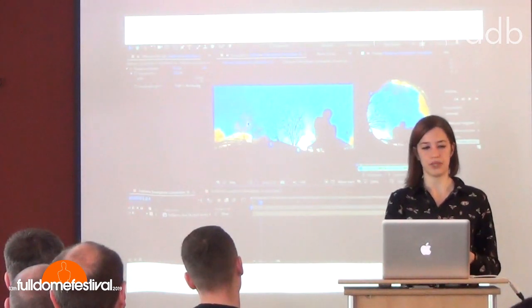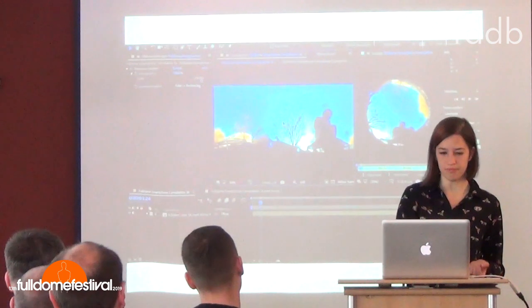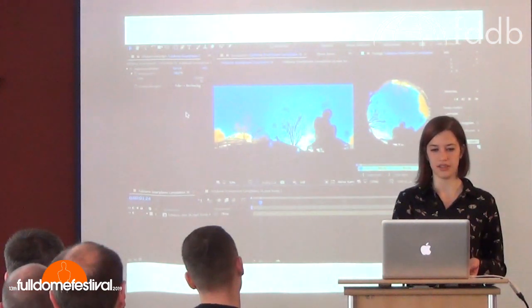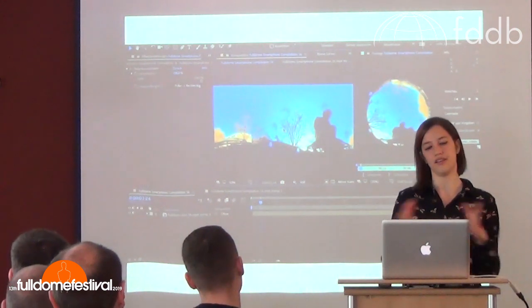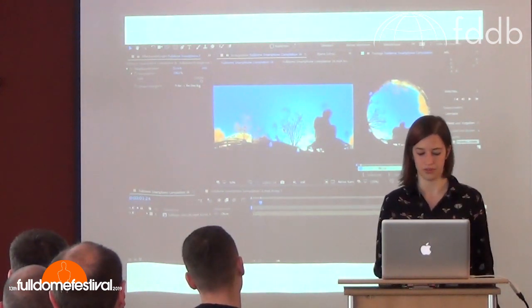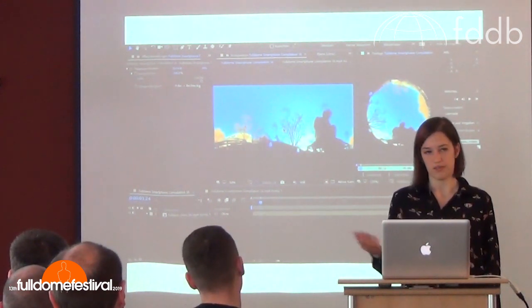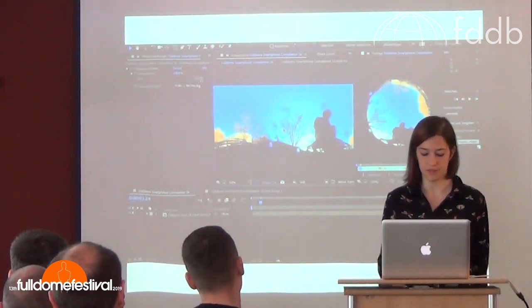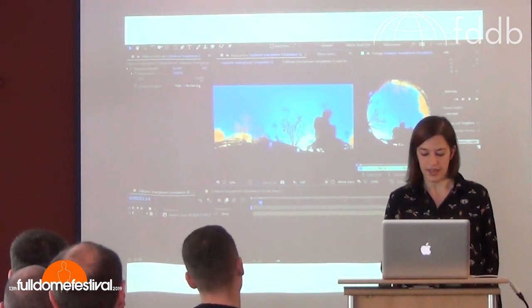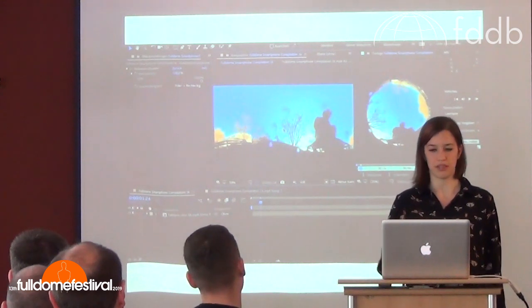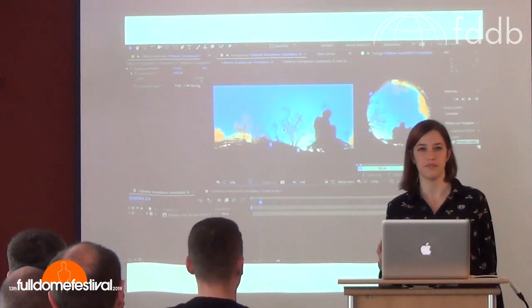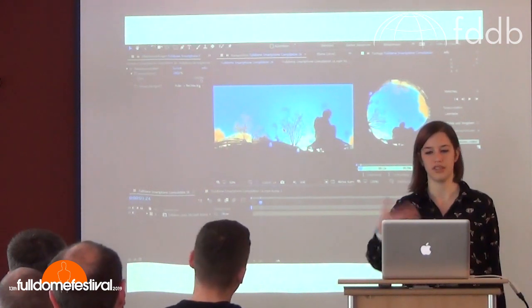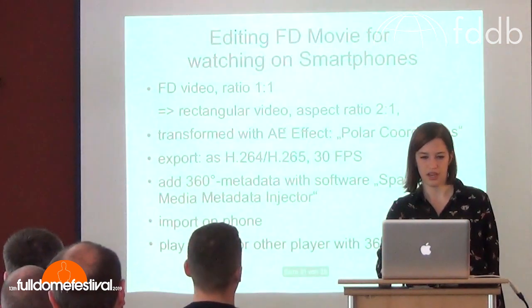So the polar coordinates effect in After Effects was applied on the Fulldome image. And then it was given the aspect ratio of 2:1. The frame rate, of course, stays the same all the time, like 30. And then it was exported in MP4 so that it has not so much data volume, so the phone can easily play it.